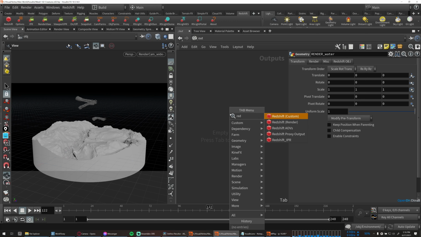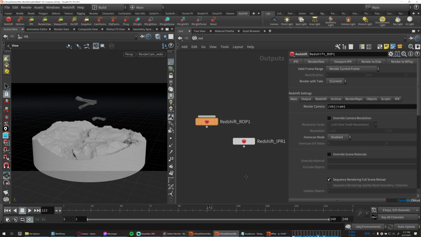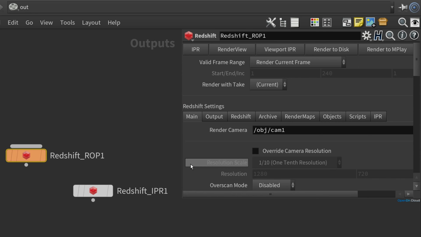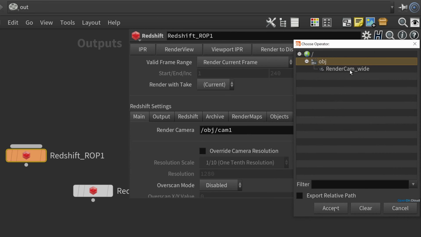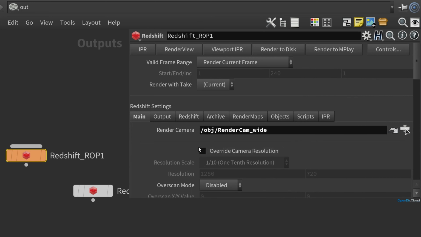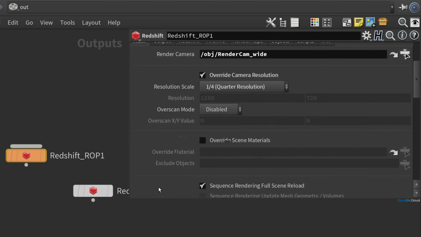and create a new Redshift render ROP. And this will create both the main Redshift ROP and this IPR here, which we don't really need to mess with or worry about. And on this Redshift ROP, we'll set the render camera to that render cam wide that we set up earlier. And when you're testing out these renders, you'll probably want to turn on this override camera resolution option. For now, maybe I'll set it to quarter resolution while we're setting things up and seeing if everything's